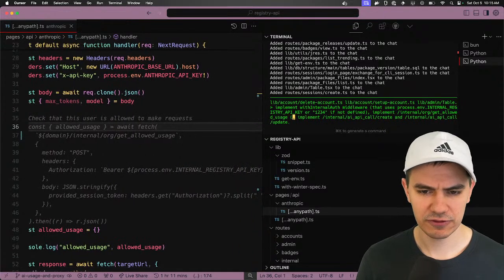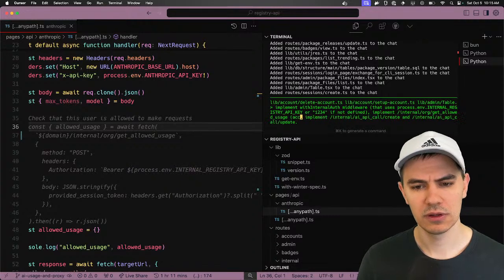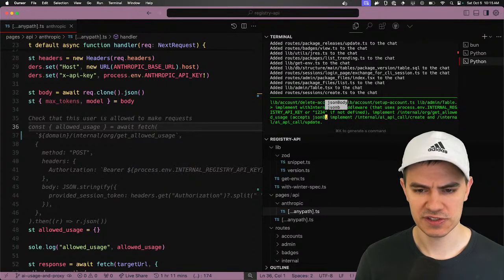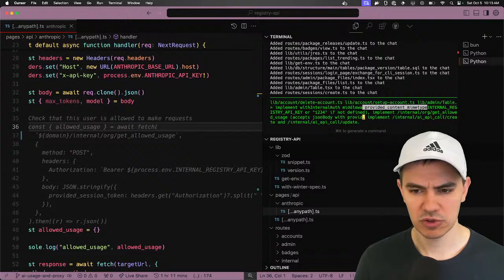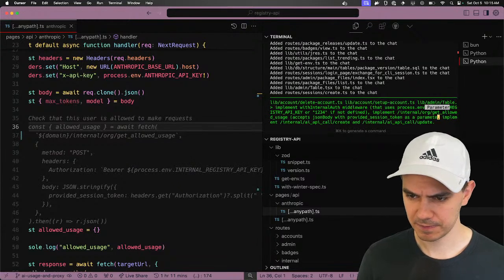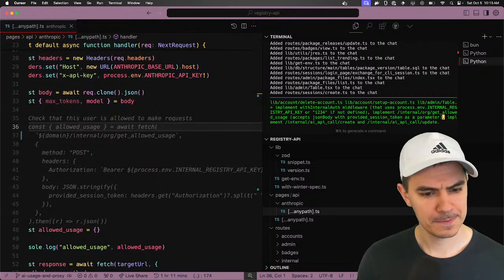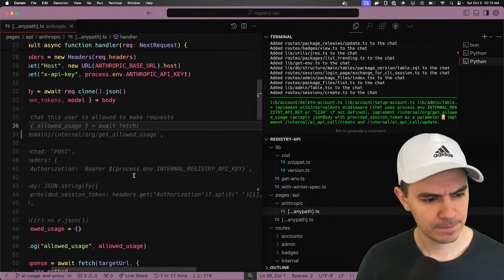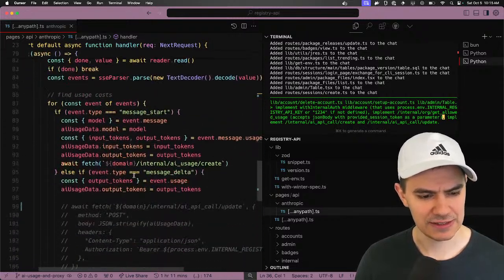Yeah, hopefully it can infer accepts JSON body with provided session token as a parameter. Just kind of giving it hints.